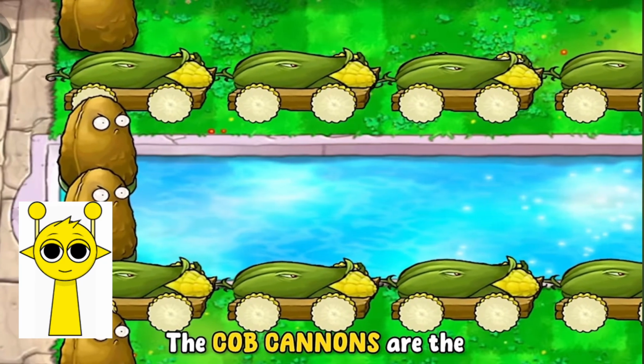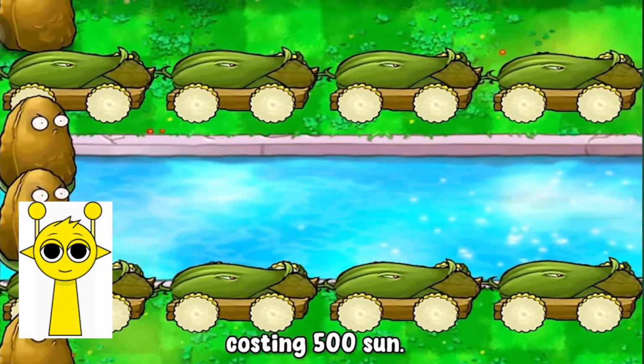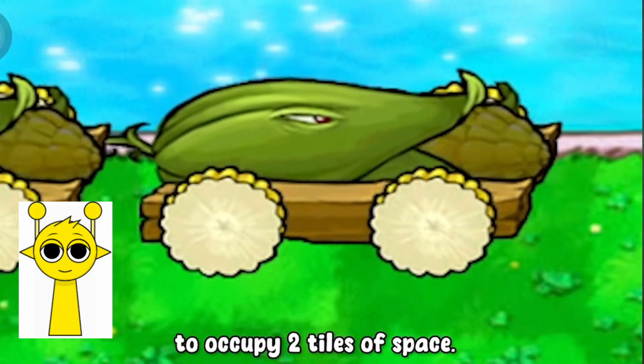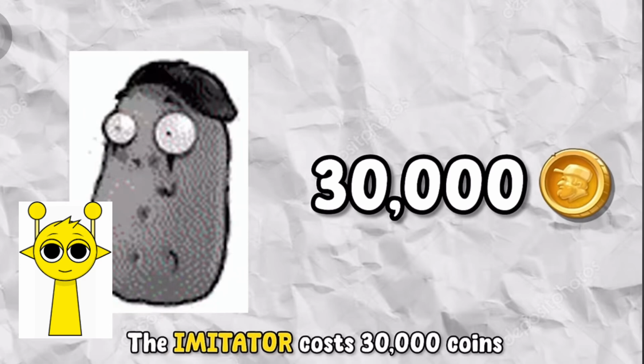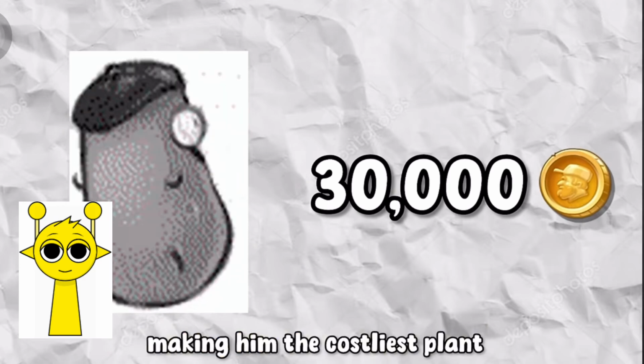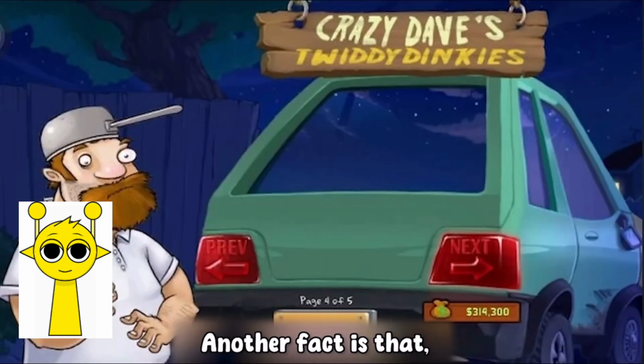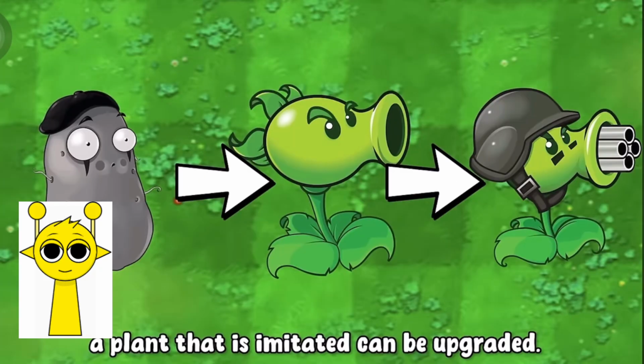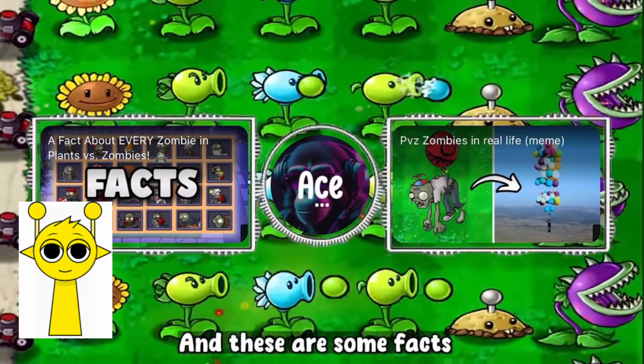The cob cannon is the most expensive plant in the game, costing 500 sun. Also, it is the only plant to occupy 2 tiles of space. The imitater costs $30,000, making it the costliest plant in Crazy Dave's shop. Another fact is that the imitater cannot copy an upgrade plant. However, a plant that is imitated can be upgraded. And these are some facts for every single